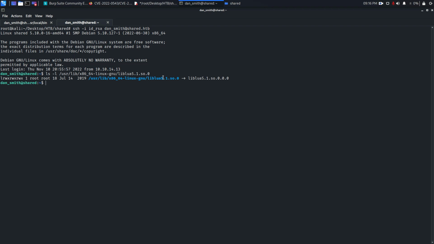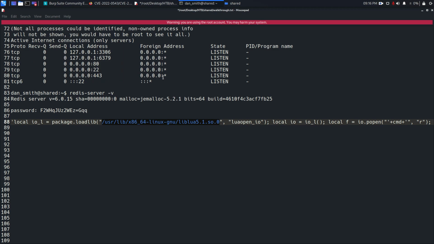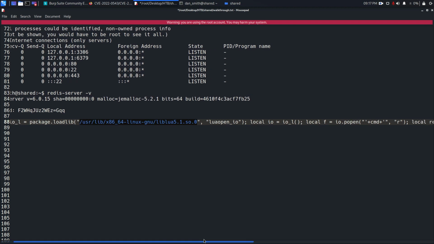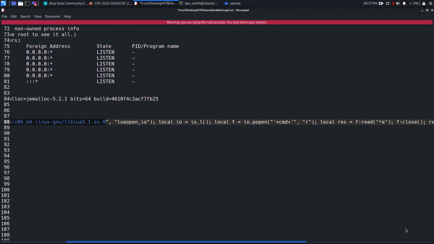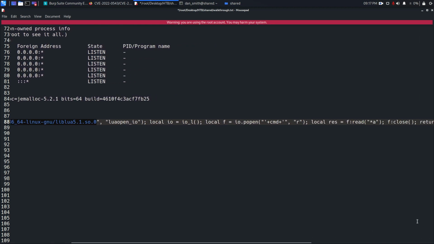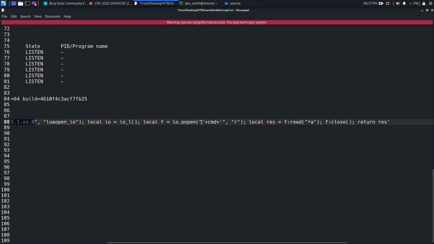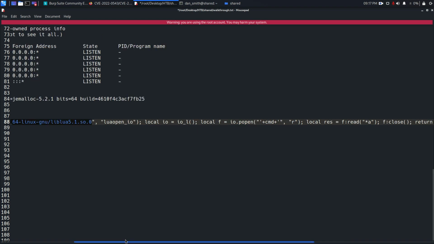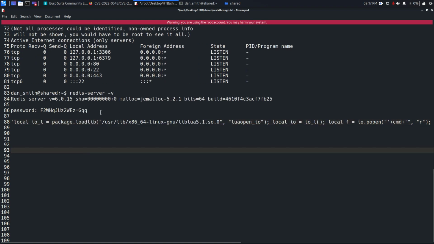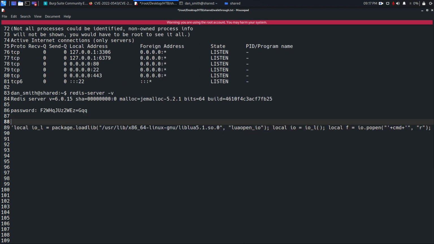If this library is not there, then the problem begins. So the first test we passed: this library exists on the target. Now if this library is there, then we don't need to worry about anything. We just need to put the command here. So to execute the command, what I'm going to do here is